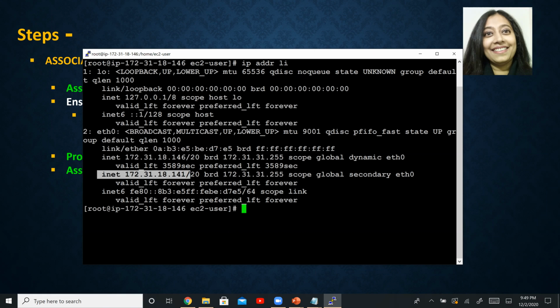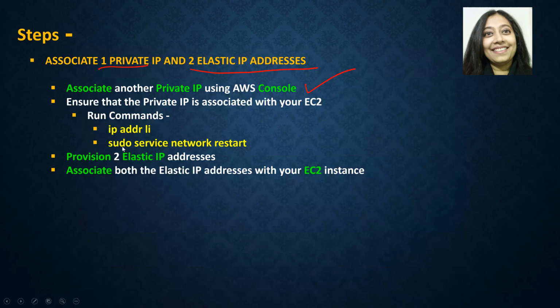So if anybody asks you like, hey, what private IP is associated with this EC2 instance, you basically have two IP addresses, two private IPs that are associated with this EC2 instance. Okay, so we have completed these steps.